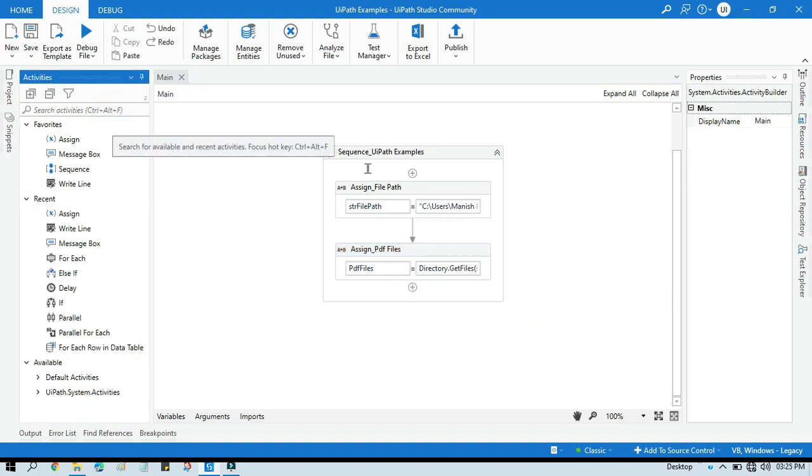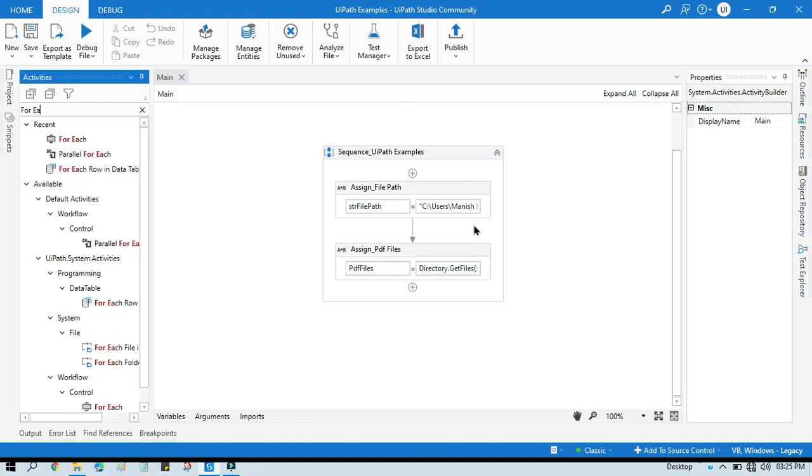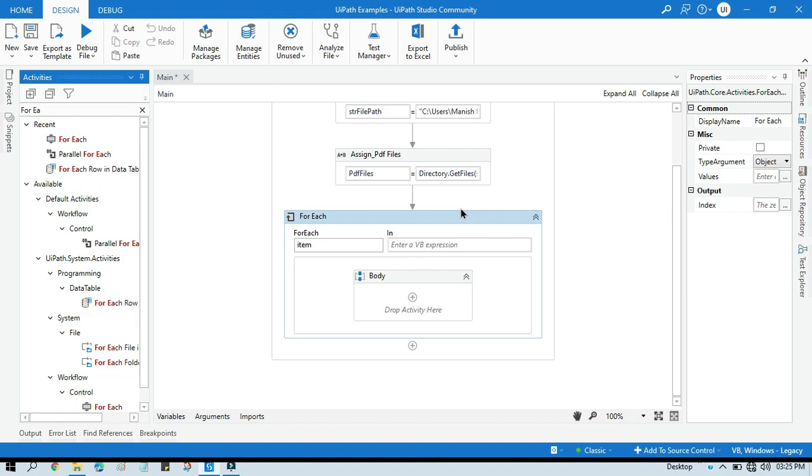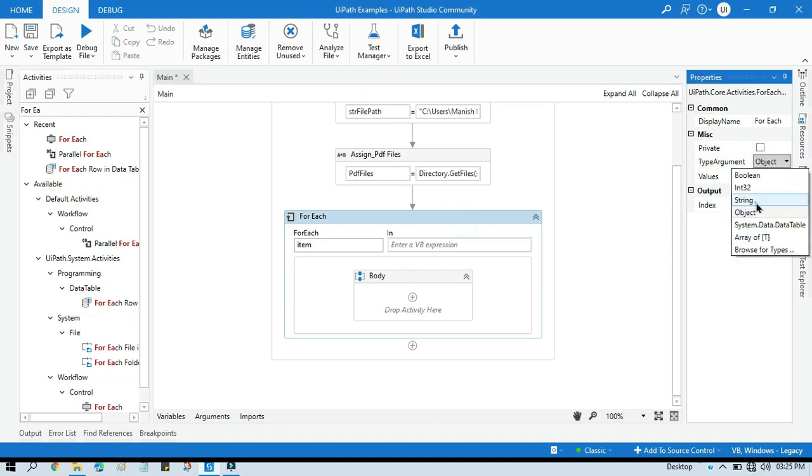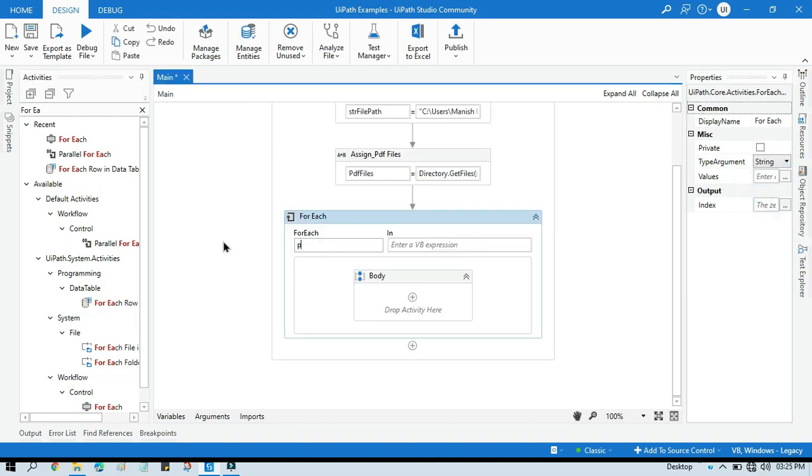Now we will take a for each activity to get all the files from this array of string, so that we can list them out. The type will be string, for each PDF file in PDF files.